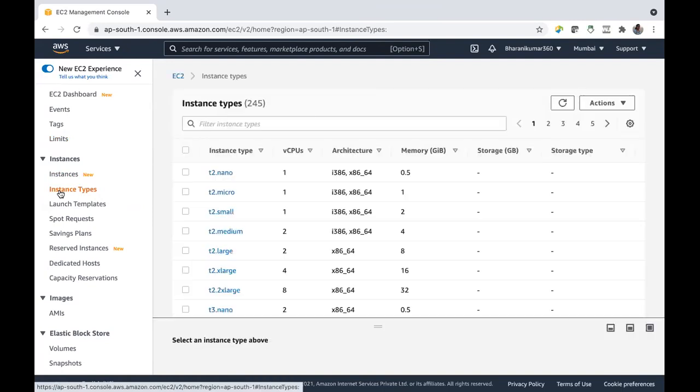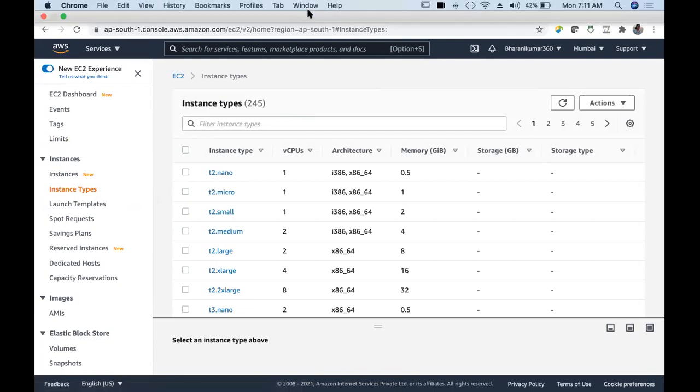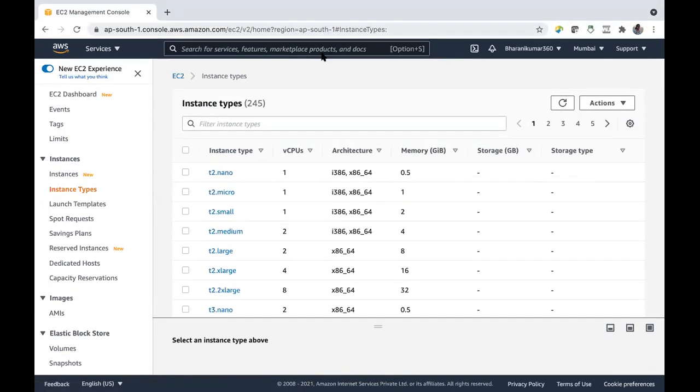We have instance families. What are those families, guys? We discussed instance families. General purpose family. Do you guys remember those things? General purpose, and what are the other families? Compute optimized, yes.